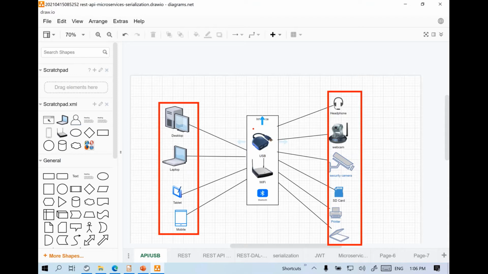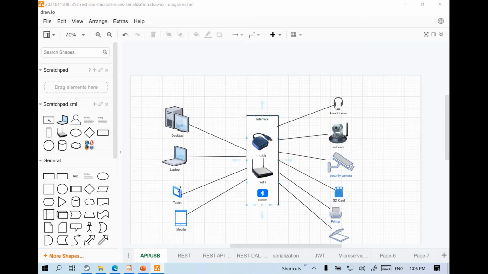and so on by using some interface. So typically we have USB ports, or you can use the Wi-Fi devices. You can also use Bluetooth to connect one device to another device. So these devices, they are acting as interfaces in between. So you need to make sure that even though a webcam is a drastically different device, your desktop PC or laptop, etc., should still be able to connect to it, you use some interface.